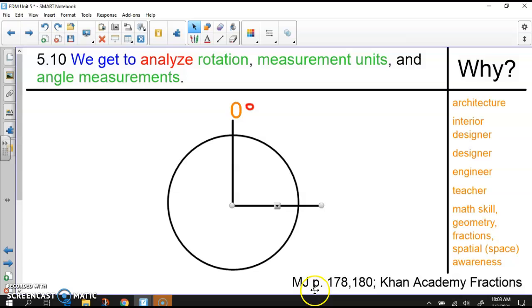So today you're going to work on Math Journal page 178. You can cross out 179. Just cross it out. It's not going to be extra credit. It's not going to be assigned again. And page 180 was your math box today. This should be pretty easy. And if you have any questions, if you want to come work with me, you